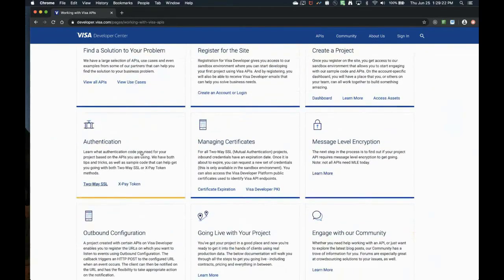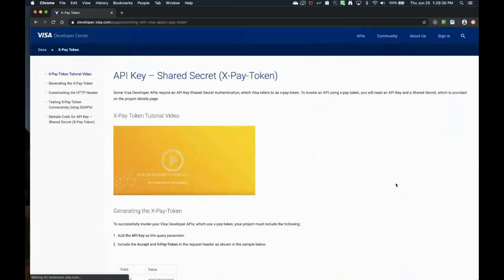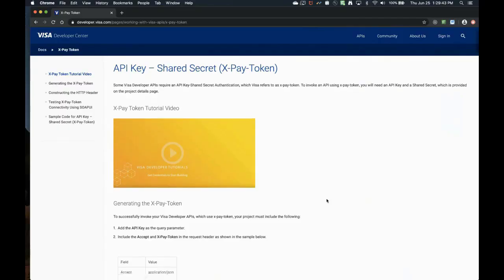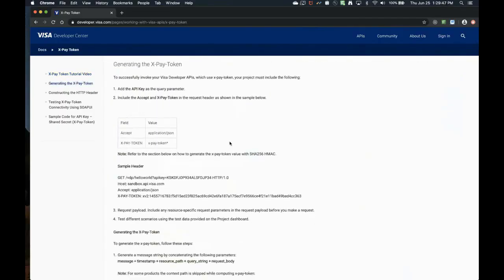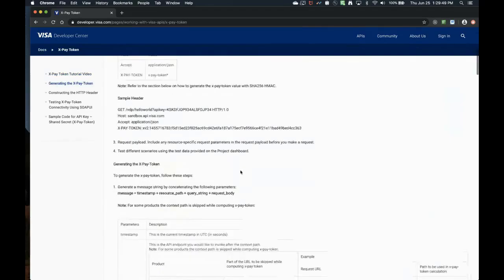So let's look at the documentation that we have on this page for XPay token authentication. When you arrive at this page, it will have this video on top, which will basically contain steps on how to use SOAP UI to test your API using XPay token. Further down, you will see the exact steps involved in generating an XPay token.